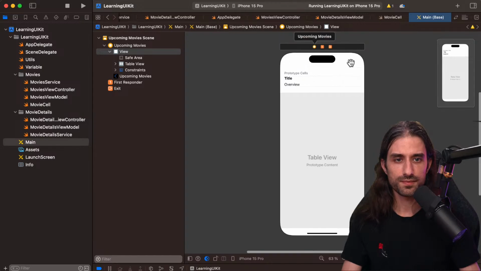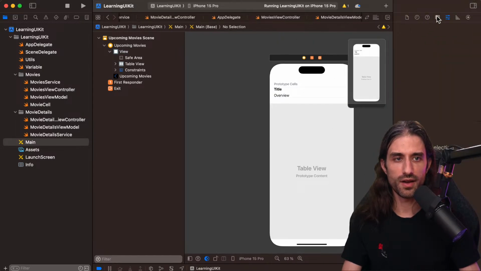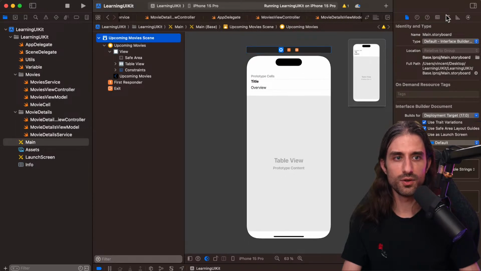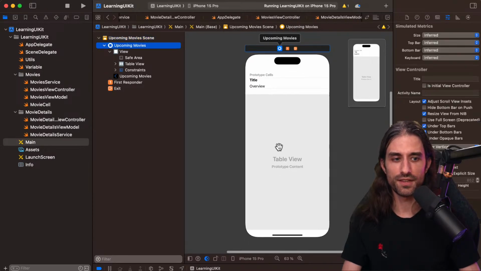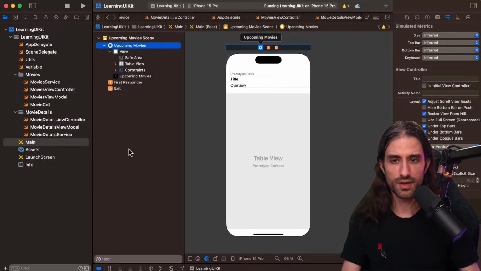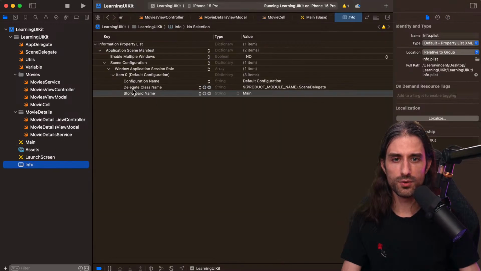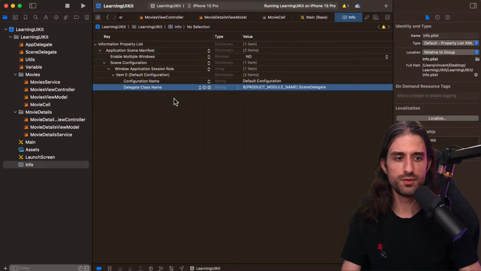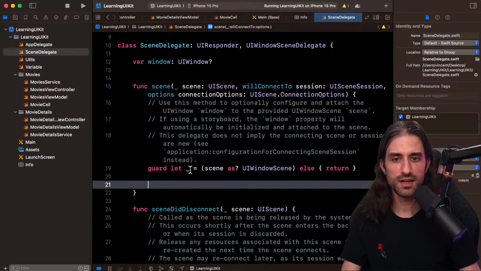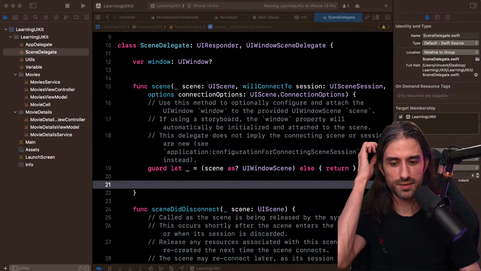You can see that now I've also lost the fact that this scene is the initial view controller, but that's no longer a problem because we are not going to use the automatic init of the storyboard. So what I'm going to do is that here I'm going to remove the entry that gives the storyboard name to the app. So now the app has no way of automatically starting with the storyboard, and instead I'm going to write myself here the code in order to programmatically create the navigation controller and set everything together, just so that you can see what it looks like.